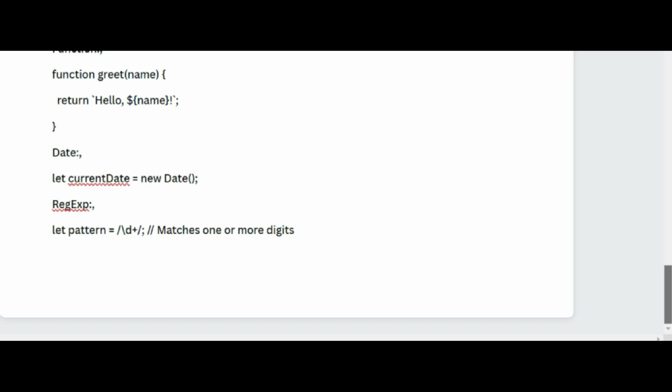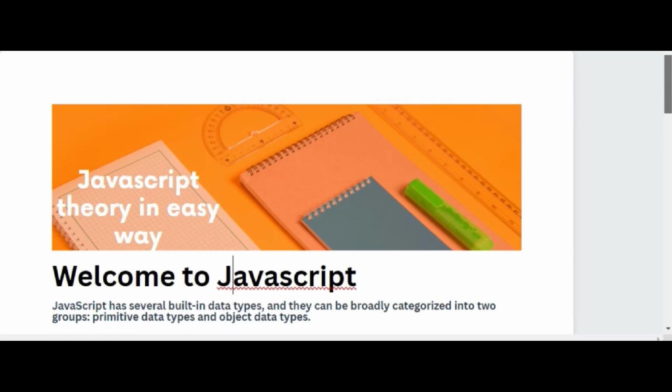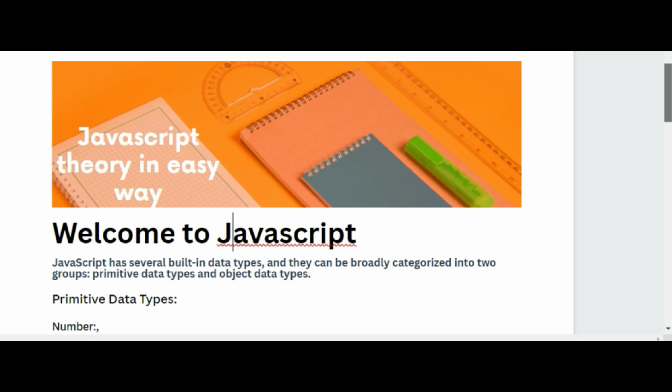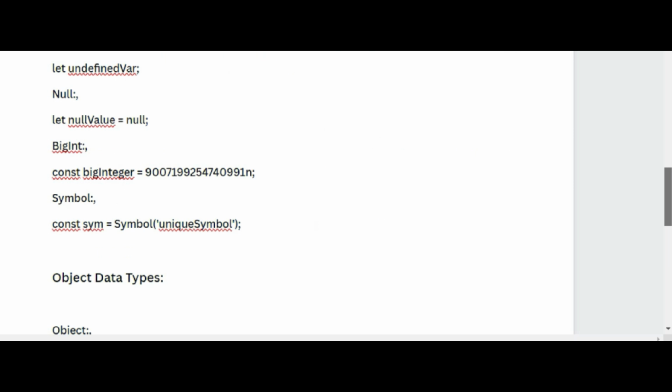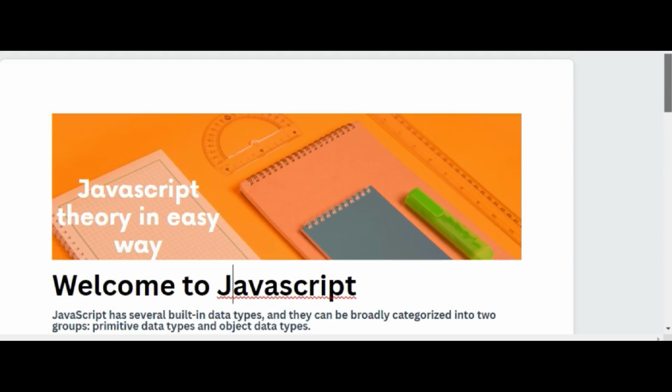So this is the explanation of JavaScript theory in an easy way. I explained all about what data types are, and that in data types there are two kinds: primitive data types and object data types. So let's meet in